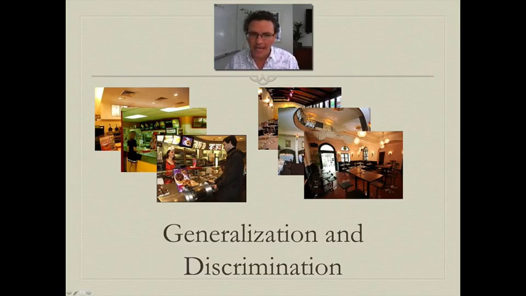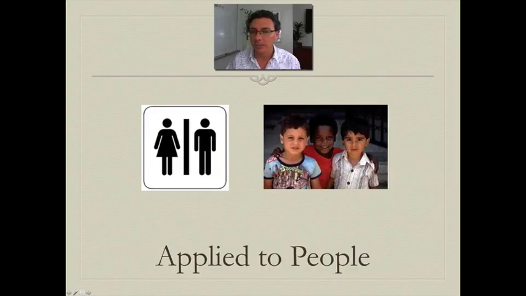Let's slowly get there. What happens when you apply this kind of logic to people? Well, I've got a couple of examples here. These are the most common that people would talk about. Male versus female differences. So you meet a lot of females in your life, you meet a lot of males in your life, and you may learn that there's certain differences that tend to be there. Those differences may not be as consistent or as extreme as fast food versus sit-down restaurants, but you still generally learn, for example, that men tend to be larger, that men tend to be stronger, that men tend to be more aggressive, that females tend to be